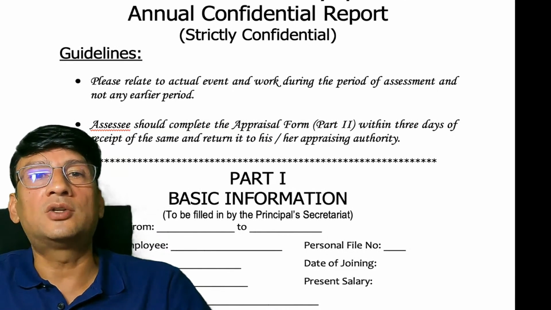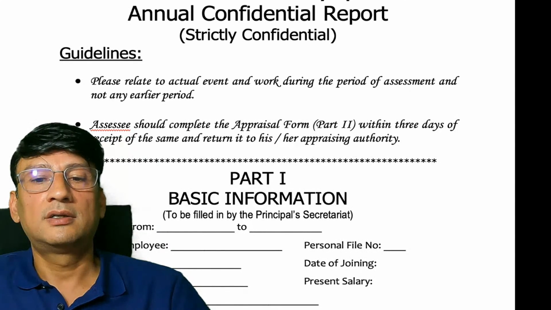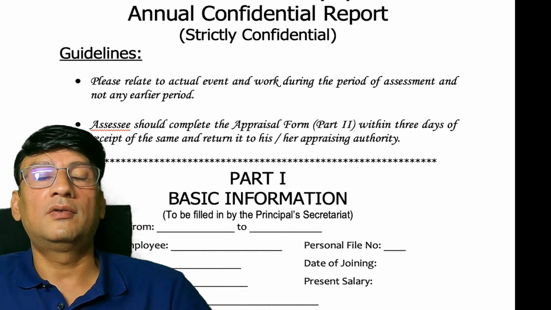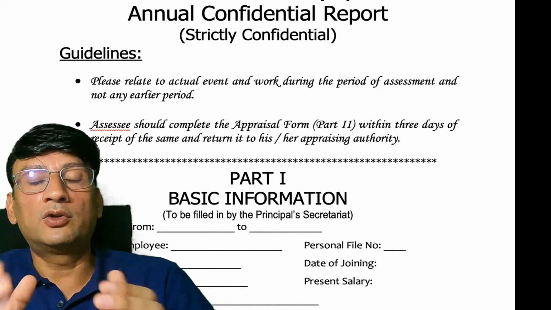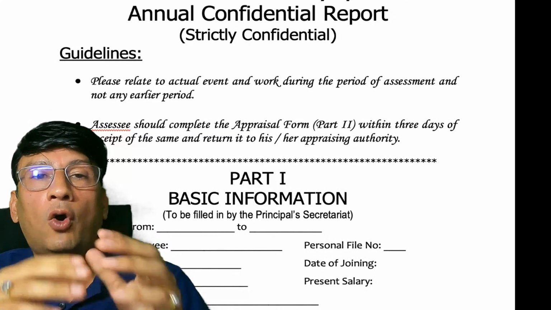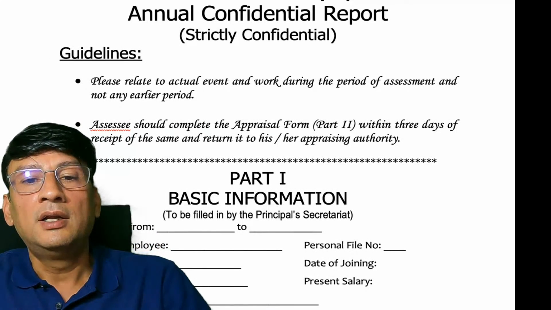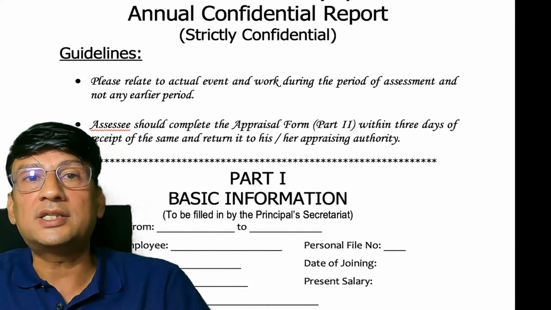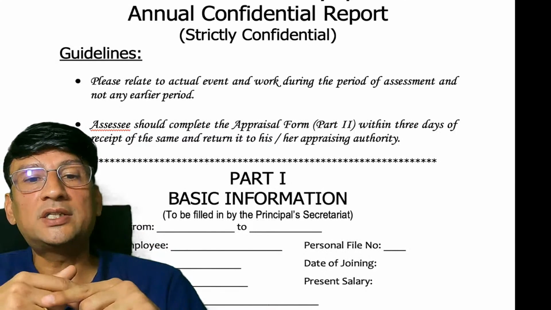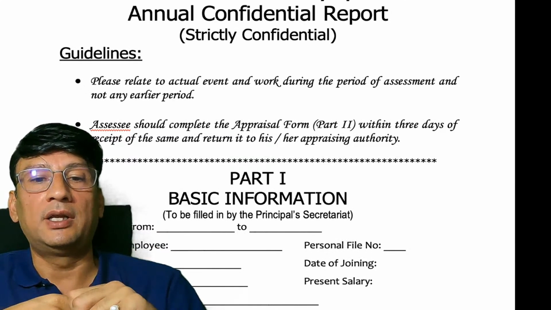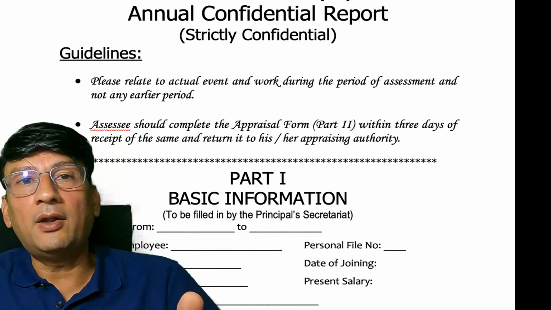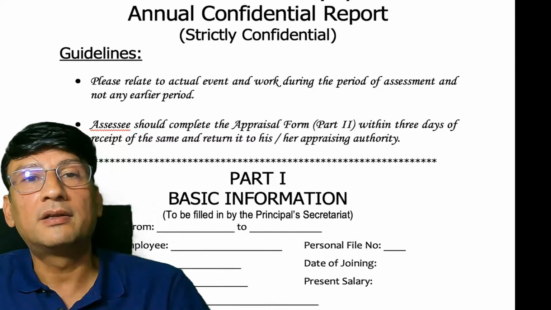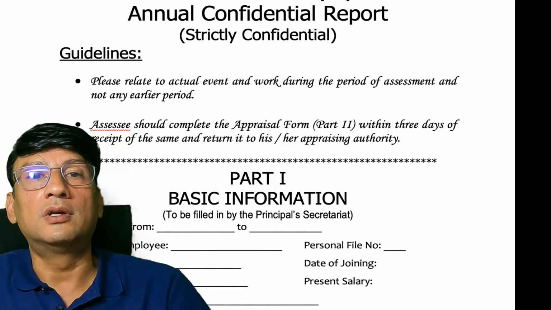Coming to attitude and enthusiasm: interest in school work, capacity for sustained hard work, commitment to quality of work. Then dependability and sense of responsibility. The next part of evaluation by the principal, the coordinators or the immediate superior is whether they are dependable and take a sense of responsibility. In these points: willingness to own and assume responsibility, the extent to which we can depend upon this particular teacher in the discharge of a duty, punctuality in work schedule,